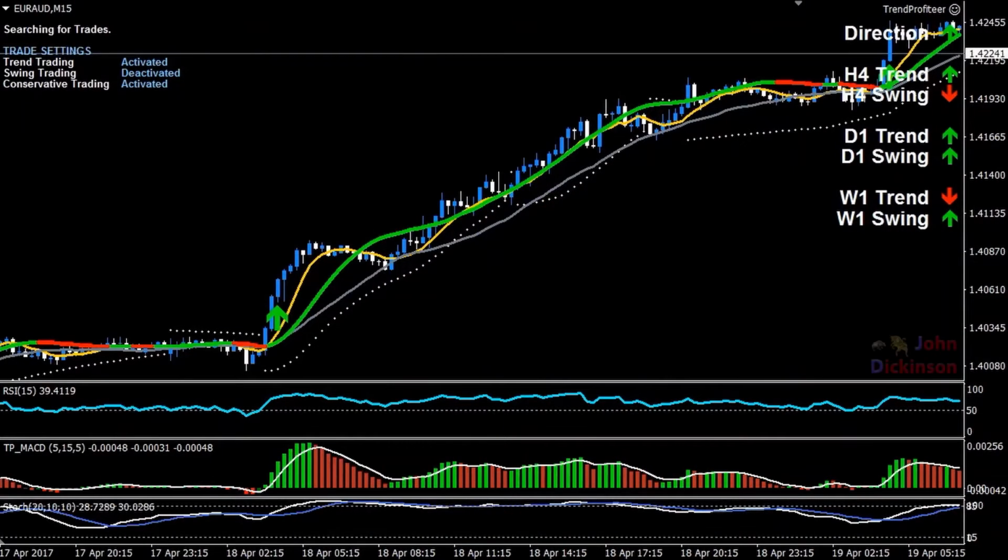Hi, I'm Michael Newrock, and this is a trend trade conservative buy example on the short 15-minute time frame. I'll just place my markers of where the